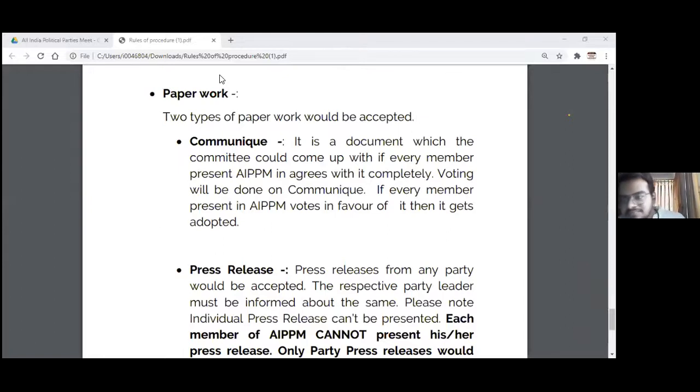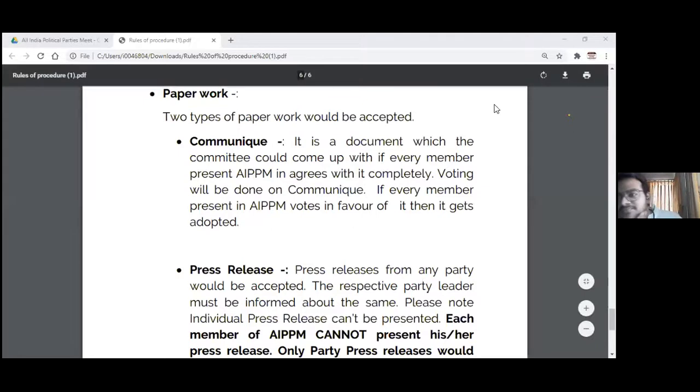Timer and all? Yes. So a few things, everyone. When we open the floor for motions, in the chat box you can just type Y. When we ask for motions, you can just type Y in the Zoom chat box, and we will be recognizing any 3 people from that, as Rangan said, and then you can raise your motion. And on voting on those specific motions, you can use either the raise hand option or the yes or no option in the participants box. Is that clear? Does anyone have any doubts regarding that?